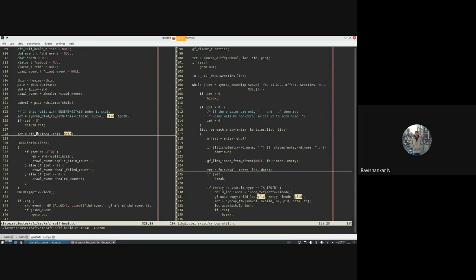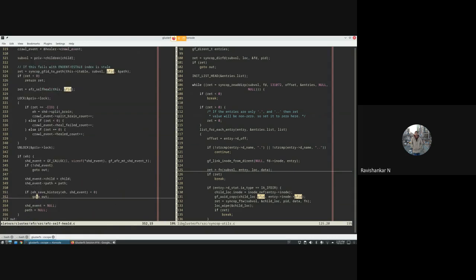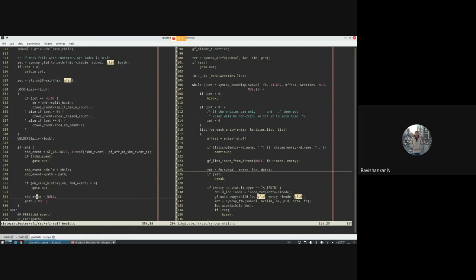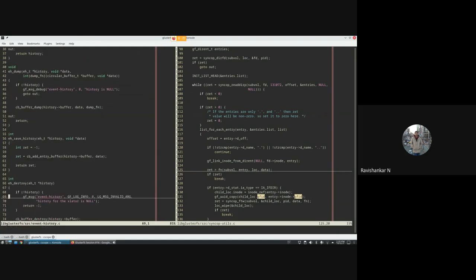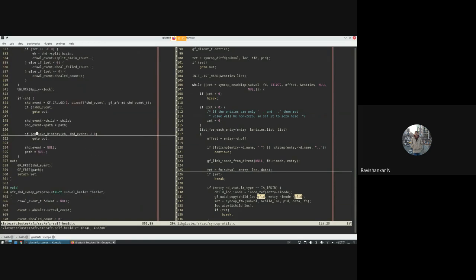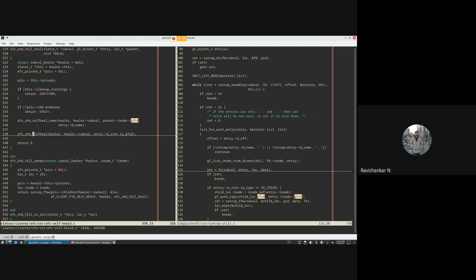After doing a self heal, it will collect the statistics of how many heals failed and how many succeeded, and then save them in the event history. So that is regarding AFR SHD full heal.